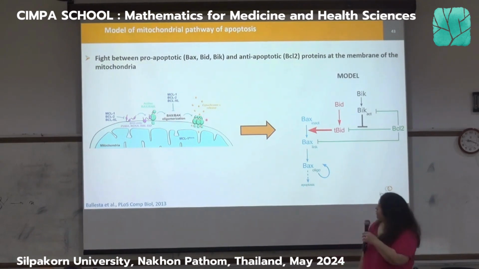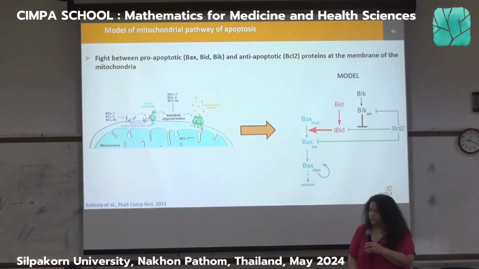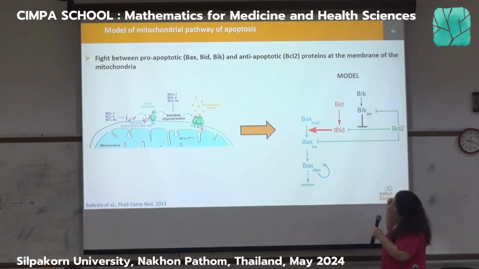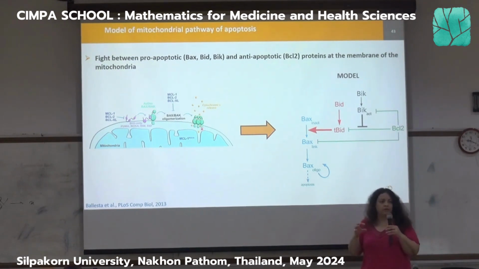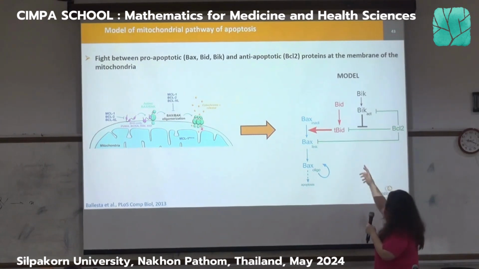So the one in green actually, so those are called pro-apoptotic proteins. They play in favor of apoptosis. Then on the opposite, you have BCL2. BCL2 is in the model a family of proteins. It's not just one protein that we learn. It's a lot of proteins. And those guys are anti-apoptotic. Okay? And then Bid and Bax are pro-apoptotic.